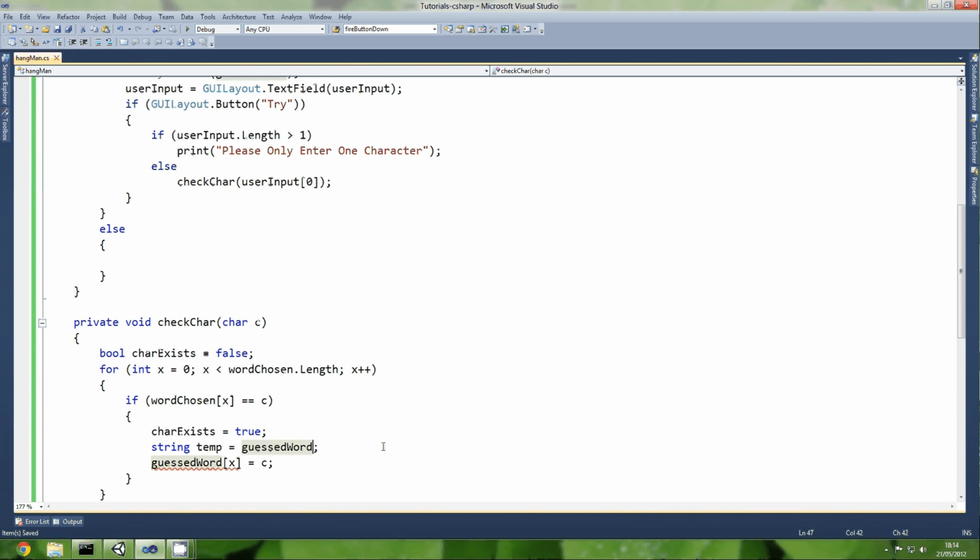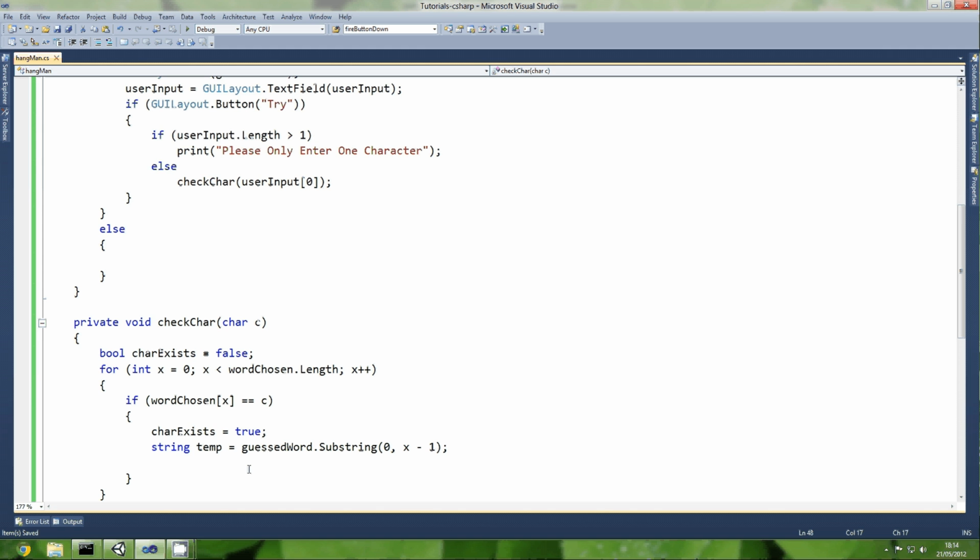Dot substring, from 0 comma. Substring just cuts the string in half. So if I cut the string from there to x, take 1. So we're cutting the string from the start to where the character is, and then